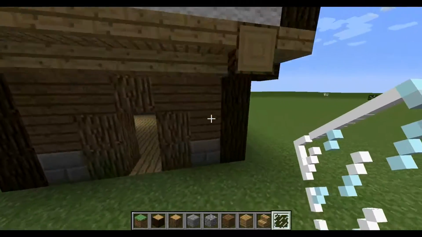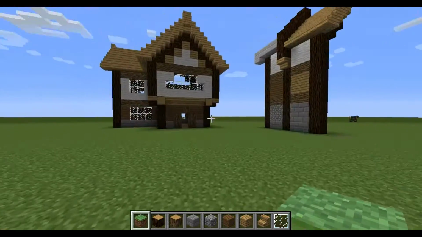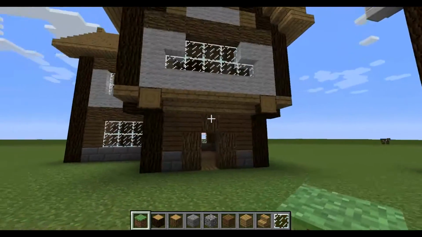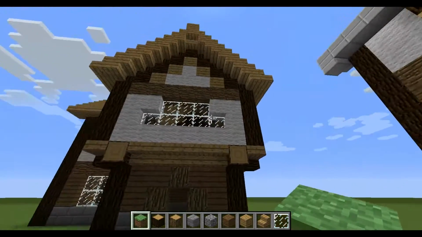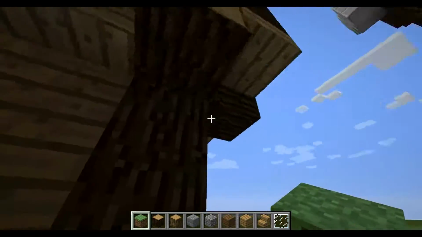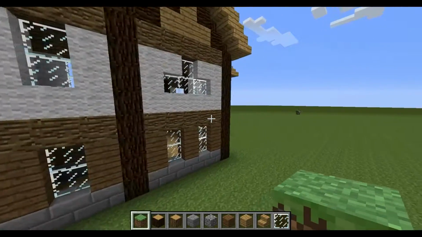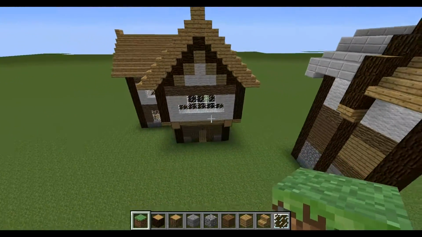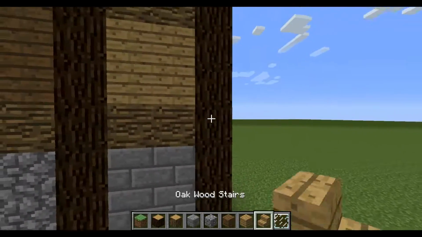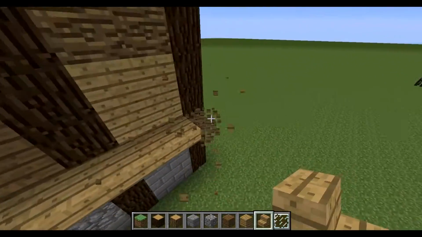Now, one major aspect of a medieval house, not medieval, excuse me, one major aspect is the overhangs. If you're walking by and you just see the overhang, one, the style, the textures, medieval. Two, it's the overhang. If you're walking by the street, there's an overhang here, on the front, and on the other side. Now the other walls are not overhanging, and that's okay. You can overhang any wall you want to, but I just chose to do this little main section of the house. If you have 3 stories, you can have this part overhanged, and then this one overhanged, and not this one. Medieval doesn't have to be